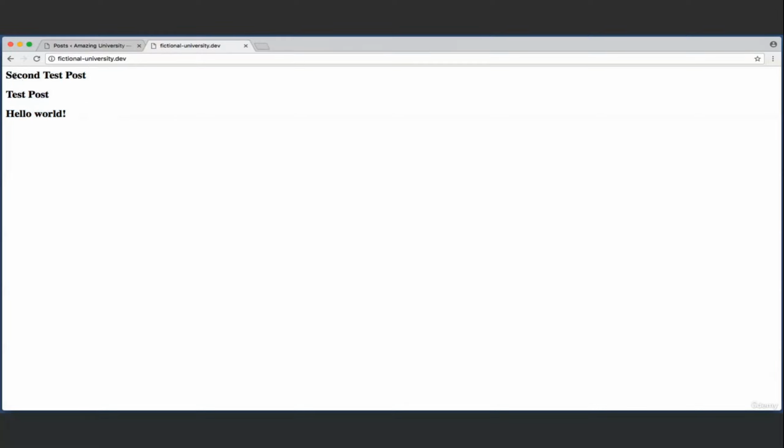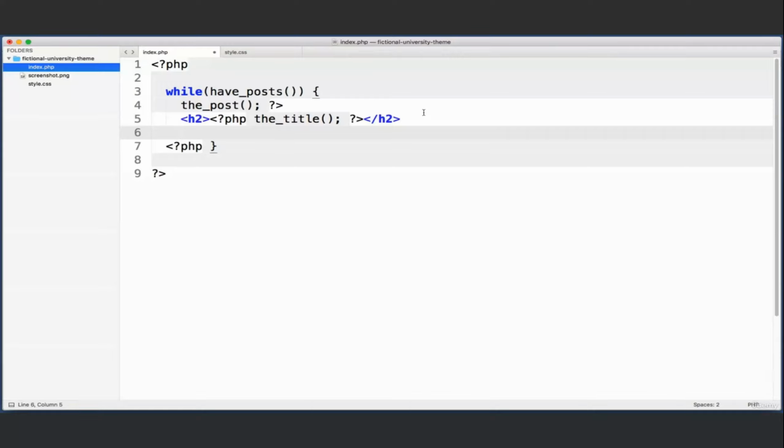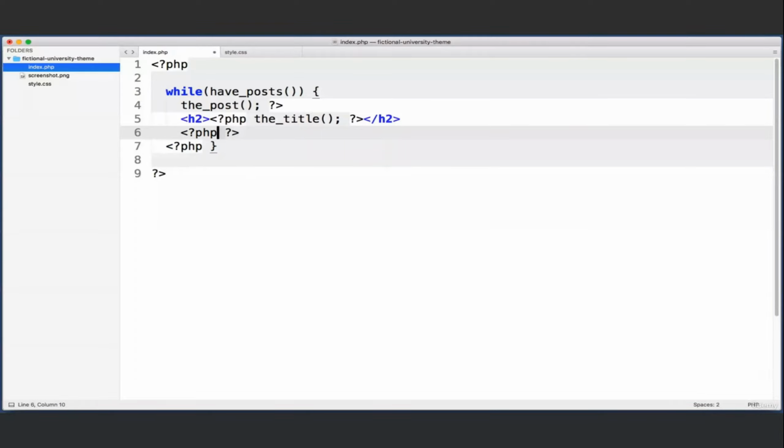Next, let's try to output the body content for each post right below the title. So back in our code, underneath this H2, let's just drop down to a new line. And I want to call a PHP function, so let's go back into PHP mode. And you might be able to guess the name of the function that we want to run. Its name is